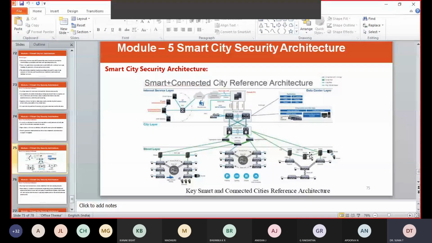I'll give you 2 to 3 minutes just to memorize the four-layered architecture of the smart city. That is the street layer, city layer, data center layer, and the service layer. You have to understand the functionality of these four layers. Then we are going to get questions from each layer. You just go through it by scrolling the notes, and if you have any doubts you ask me. So from tomorrow I